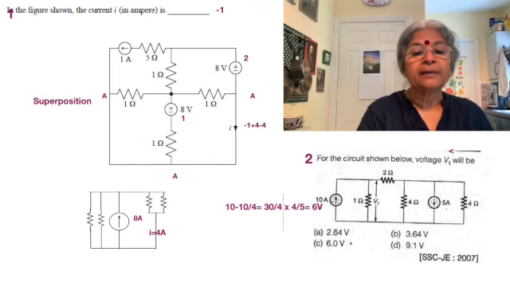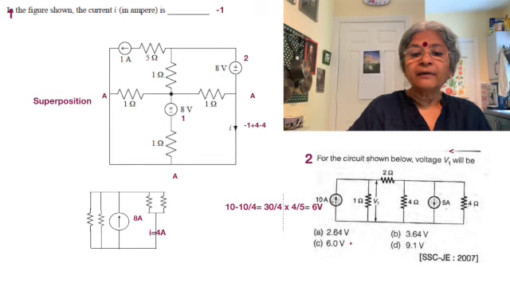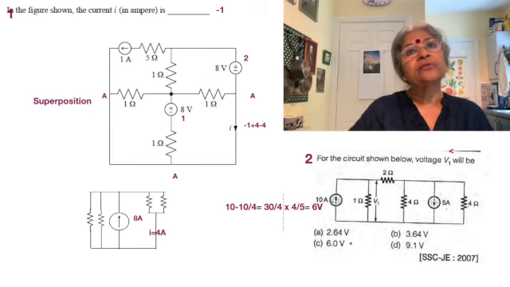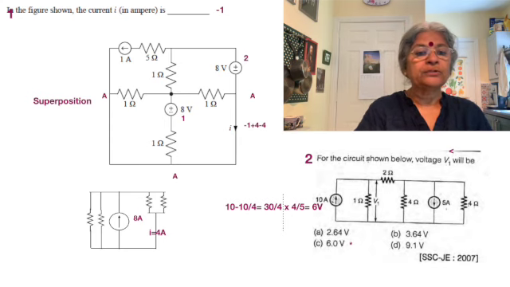So the net effect is 10 minus 10 by 4, which is equal to 30 by 4 being divided amongst the 4 ohm resistor and the 1 ohm resistor. The current through the 1 ohm resistor times 1 gives the voltage, so it's going to be 30 by 4 into 4 by 5, which is equal to 6 amperes, which is also equal to 6 volts. So easily we can do this particular problem, and we can come to a little more difficult problem, which is